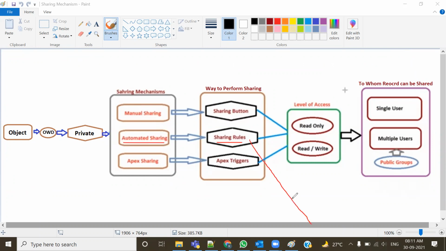And see, by writing the sharing rule, you can share the record to multiple users only. That means with a sharing rule, with the automated sharing, you can only share the record to public groups. There's no provision in the sharing rule to share the record to a single user. Yeah, the manual sharing, with the sharing button,